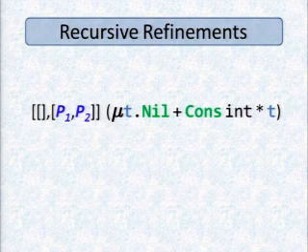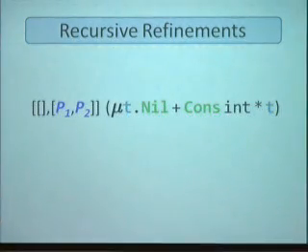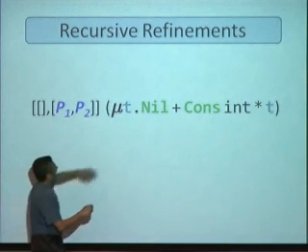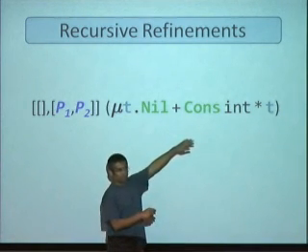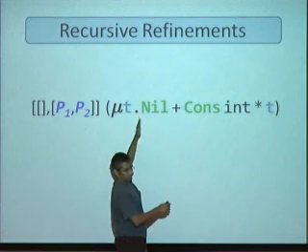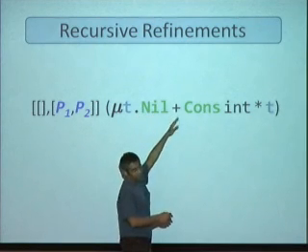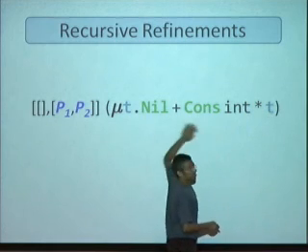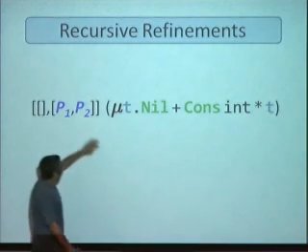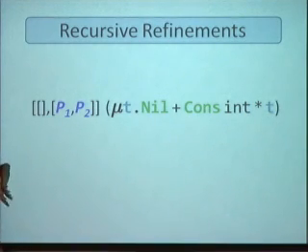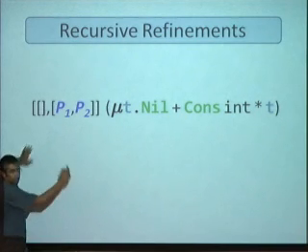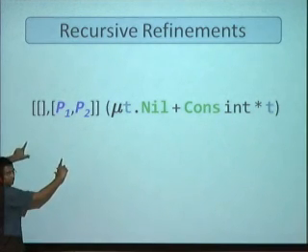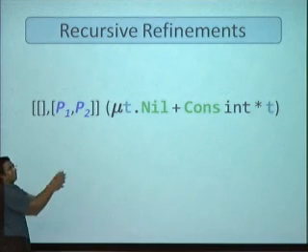Okay, great. So now how would you specify refinements for a recursive type that looks like this? If you look at this type, this is really a kind of sum of products. Each of these constructors is a product. Nil is the empty product, and cons is a product of int and t, and we're taking the sum of these two. So what I'm going to do is specify a refinement using a little matrix, where the matrix is a matrix of predicates with one predicate for each point in the sum of products.